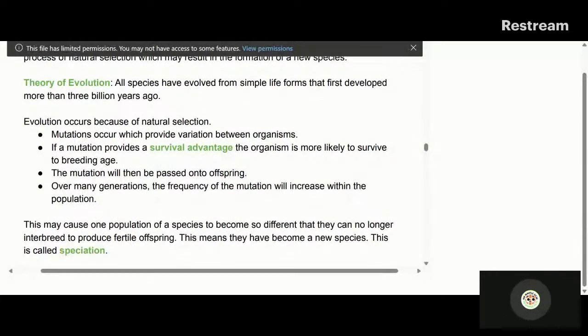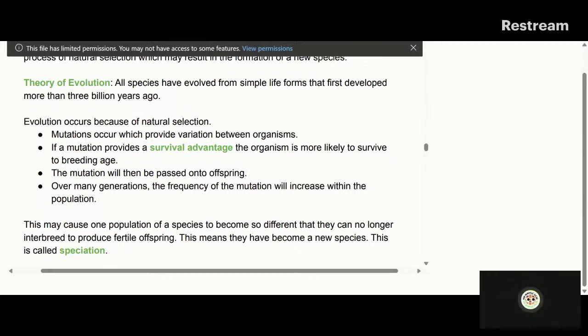So you've got the theory of evolution. All species have evolved from simple life forms that first developed more than 3 billion years ago. Evolution occurs because of natural selection. What happens is mutations occur, and mutations then cause genetic variants. But since genes weren't understood at that time, Charles Darwin just assumed that these variations were physical, and